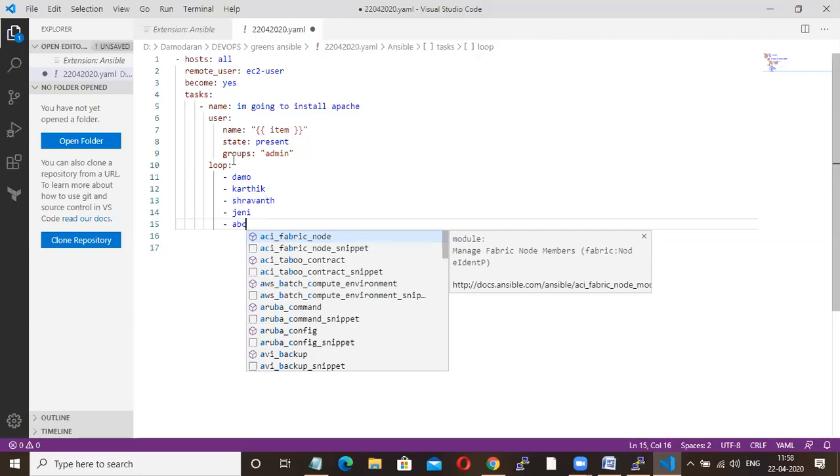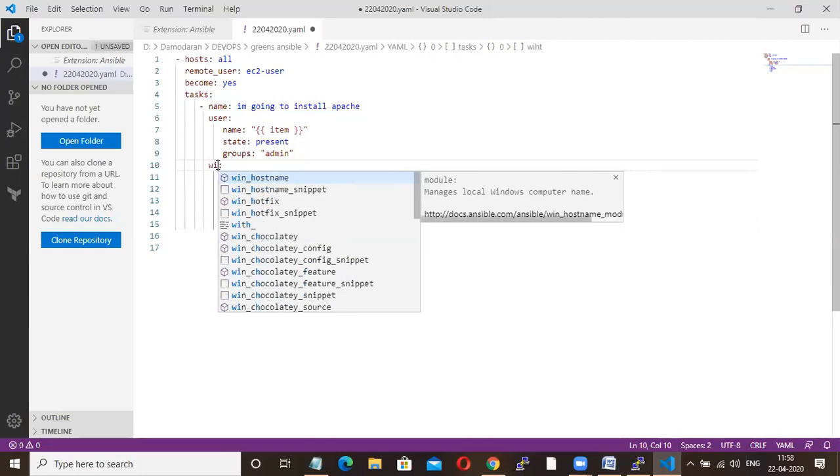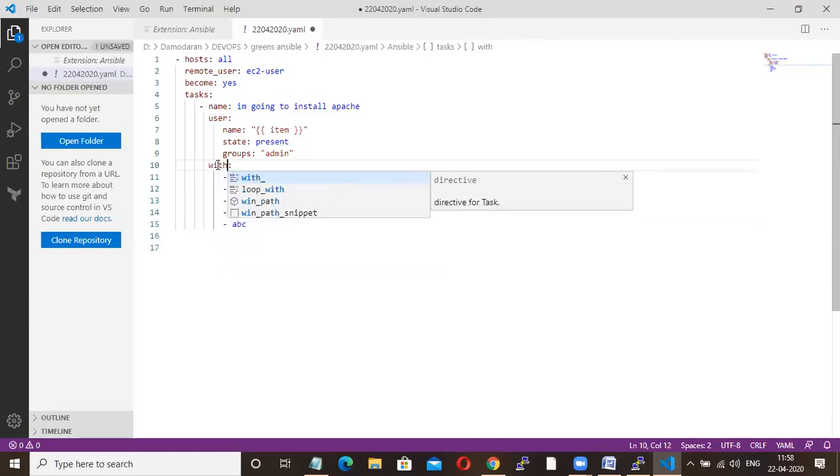Okay. So instead of loop, you have one more idea, with_items. With_items is the old one. Now it has been replaced with loop. Maybe in interviews they will ask you what is the purpose of with_items? With_items is the same as your loop concept.